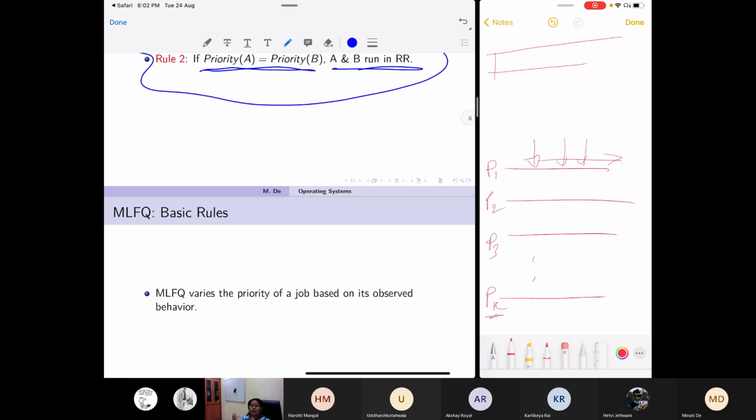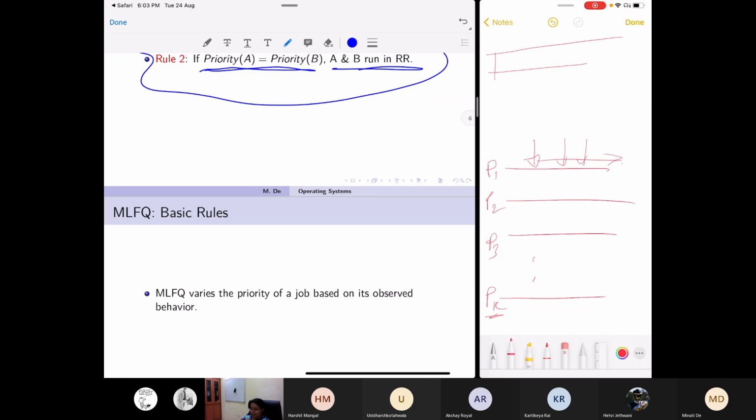The only way to know this, as I mentioned, is that in the same priority, if many jobs are there, we are going to run round robin, so there is some time slice. It might happen that we don't know which of the jobs are IO oriented, but if before the time slice was completed, some job relinquishes the CPU, giving up the CPU and going for IO,